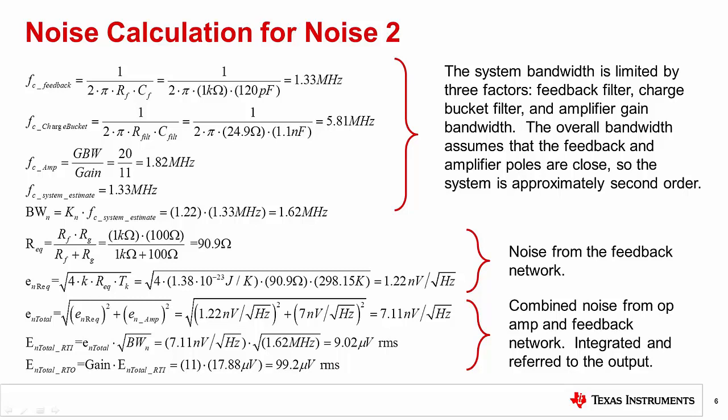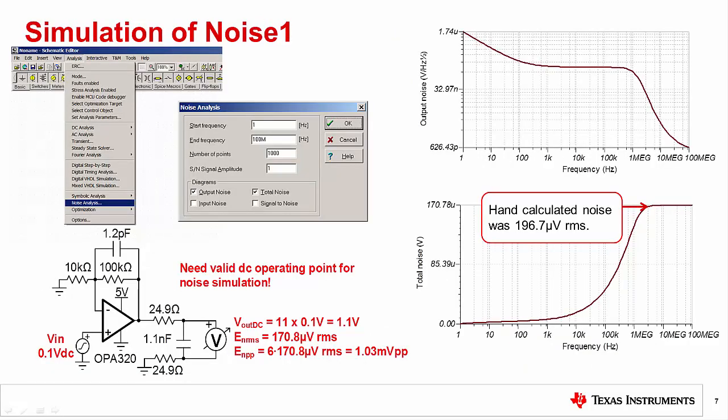In general, system noise can be reduced in the following ways: averaging the signal, reducing bandwidth, reducing resistances that generate thermal noise, and selecting an amplifier with a low noise specification. For more details on reducing total noise, refer to Op Amp Precision Labs. Simulation can also be used to find total noise for amplifier circuits.